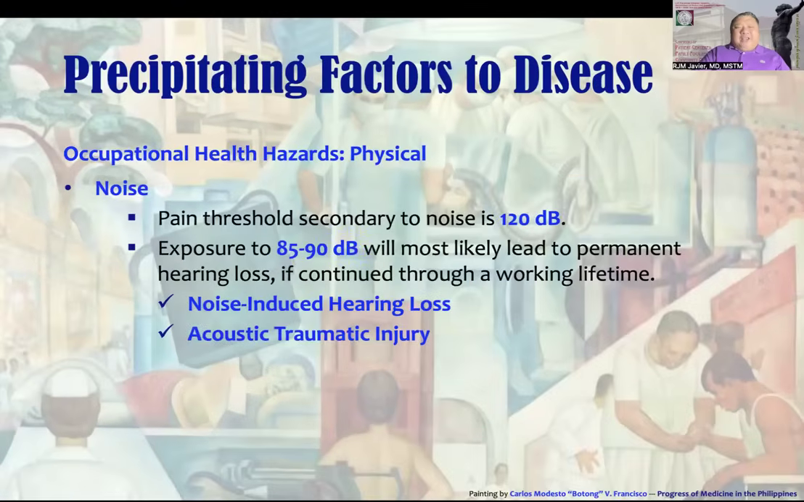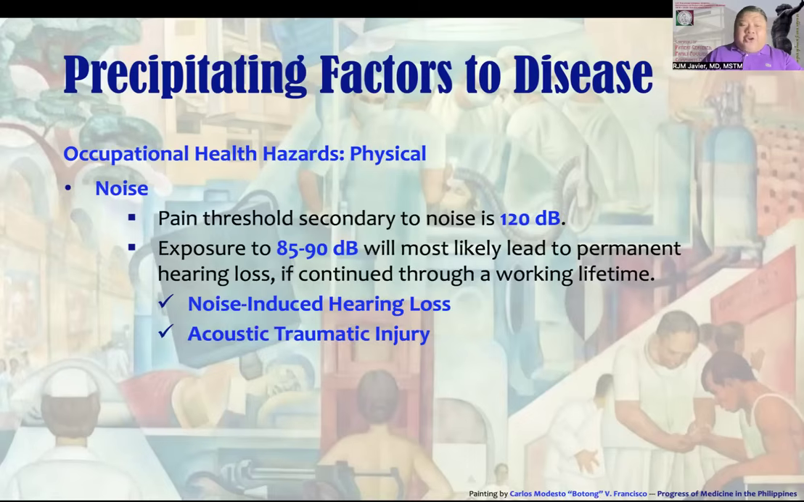When we're talking of noise, there is established threshold levels where certain amount of noise can be considered acceptable. Beyond the threshold, it becomes detrimental to one's health. Any exposure to chronic loud noise of more than 120 decibels is something that we want to avoid. If you are exposed to 85 to 90 decibels of noise, it can lead to permanent hearing loss throughout your working lifetime. And when we talk about occupational induced noise hearing loss, you can also have your acoustic traumatic injury,